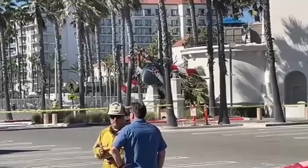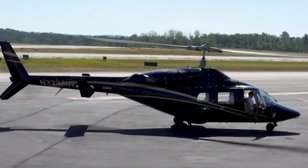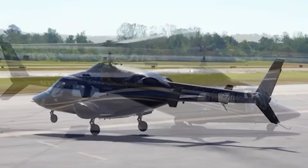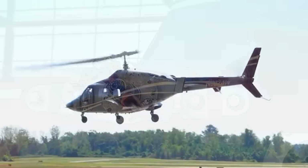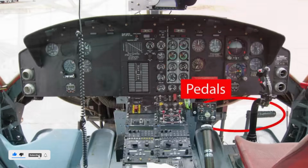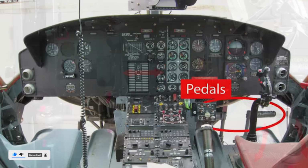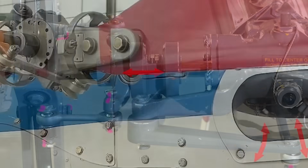To understand what happened, let's cover one key function: the tail rotor. A helicopter's main rotor doesn't just lift, it also creates torque that tries to spin the entire fuselage the opposite way. The tail rotor's job is to counteract that torque. It's controlled by anti-torque pedals, which move small mechanical rods called pitch change links, or PCL, that set each tail